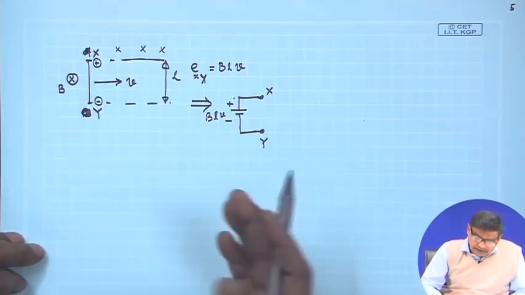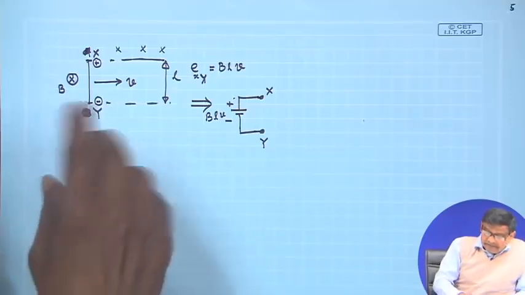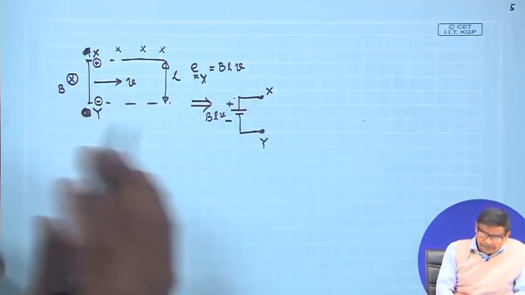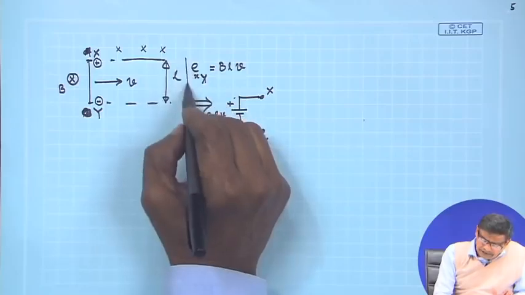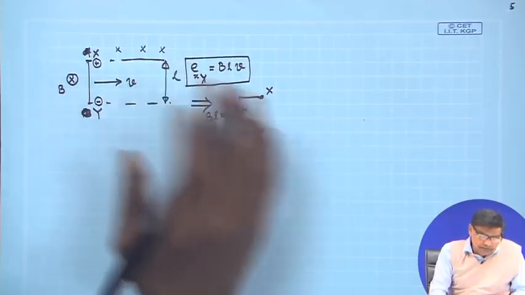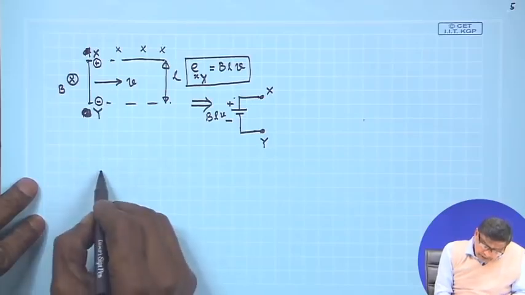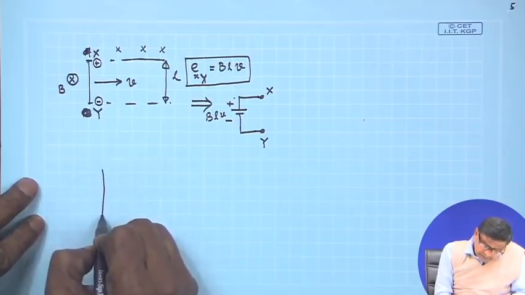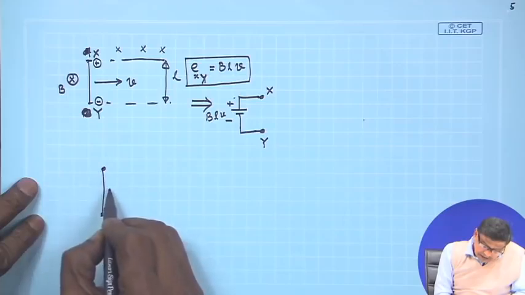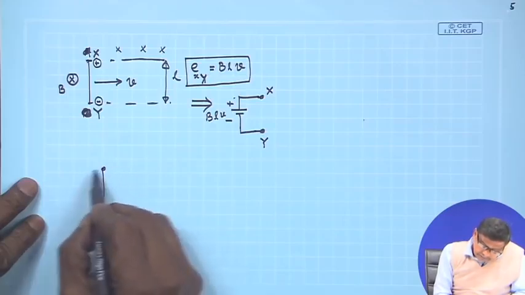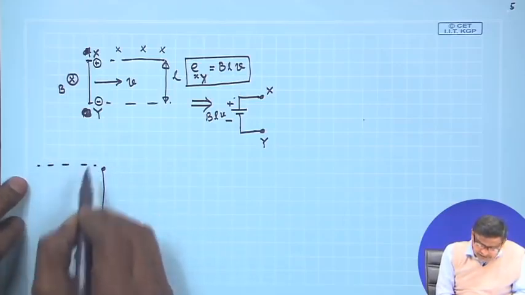V cross B, they say. Anyway, let us not make things complicated, this you must understand. Similarly, if you have this conductor, same conductor of length L meter, all units are SI units,